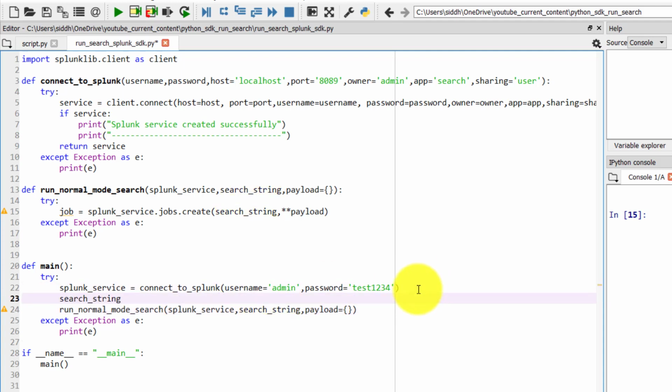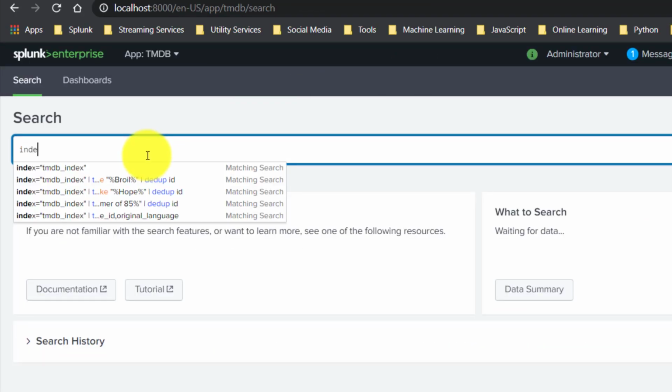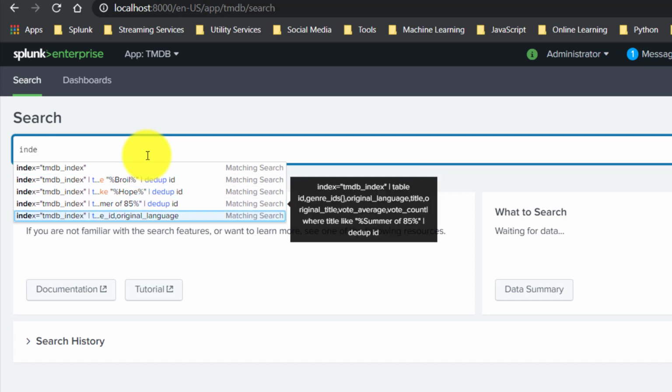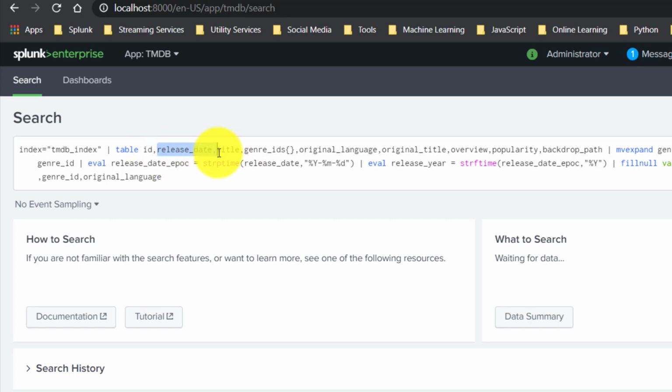Let's say our search string will be something like: search index=tmdb_index, and let's say table id, original language and original title.